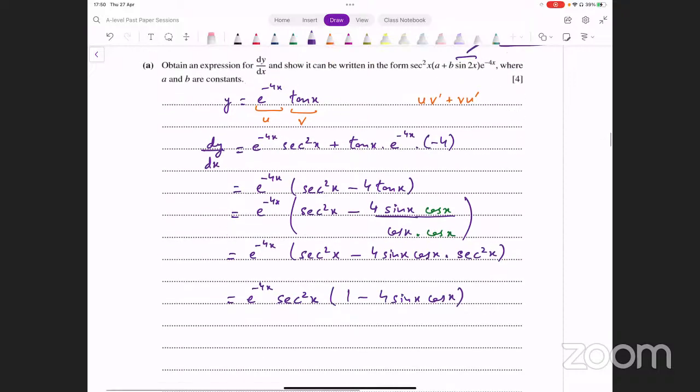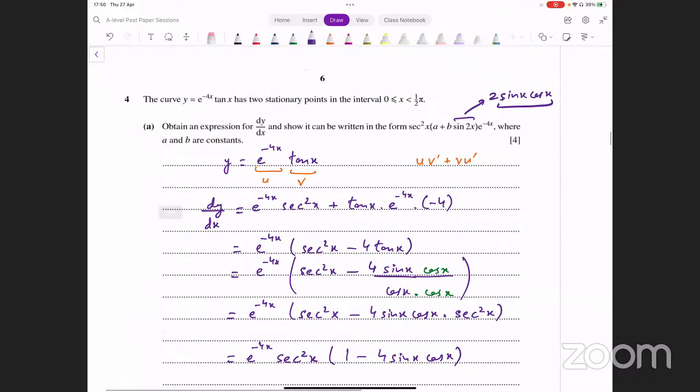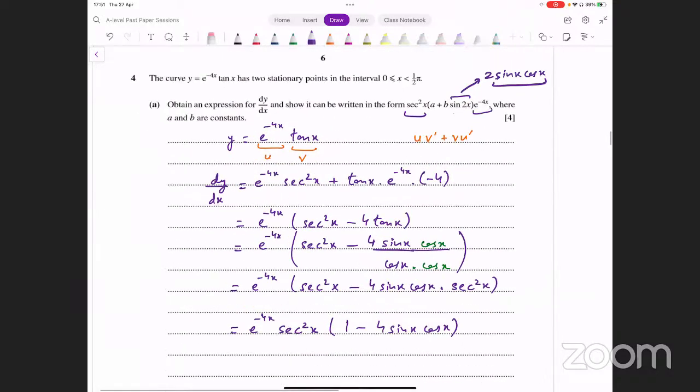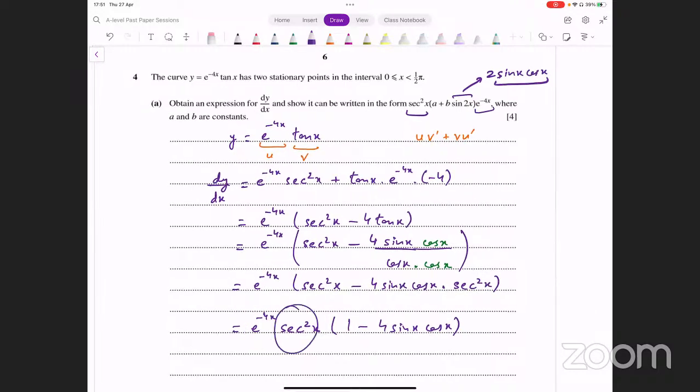अब देखें बाहर वाला पॉइंट तो सॉर्ट हो गया, राइट? बाहर हमें क्या चाहिए था? secant square चाहिए था और e raised to power minus 4x चाहिए था. We have e raised to power minus 4x here and we have secant square x here. Now we think about the part that's inside. sin 2x बनाना है इसको,